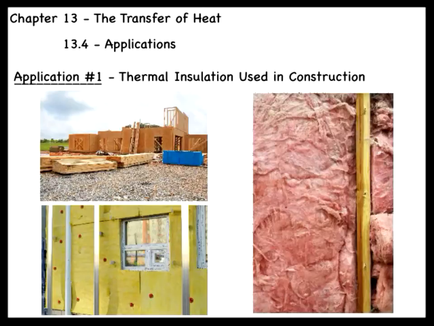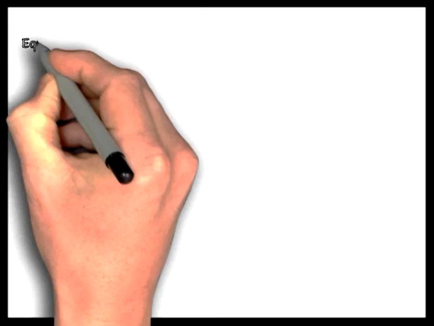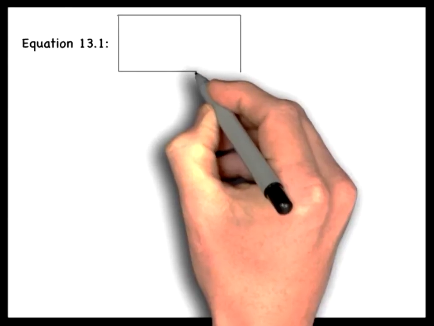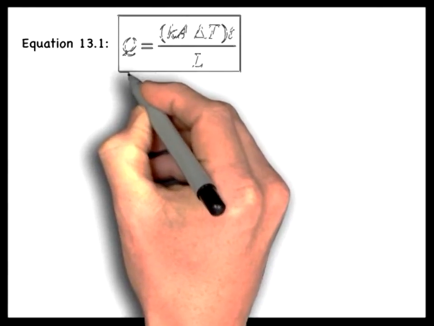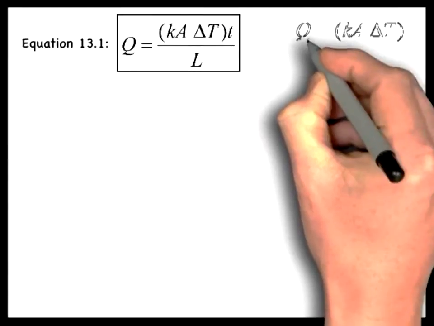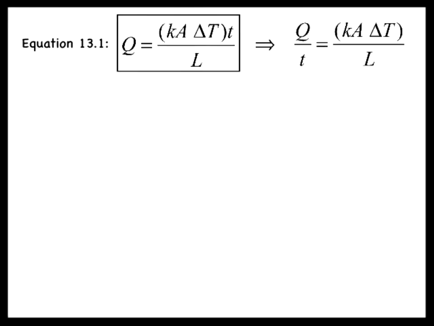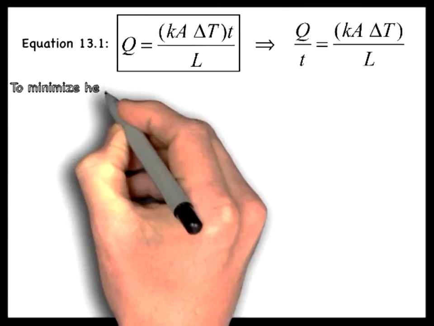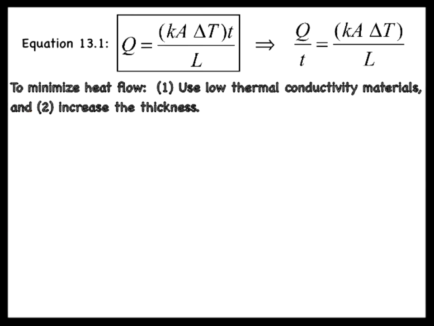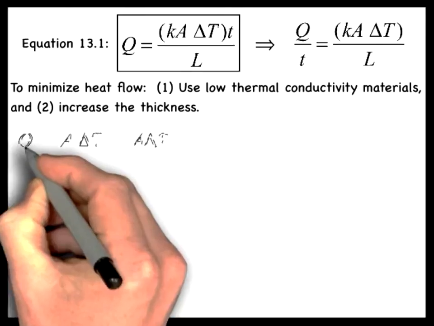The logic behind thermal insulation comes directly from equation 13.1, which shows the relationship between the heat per unit time flowing through a material of thickness L. Keeping the value of Q over T to a minimum means using materials that have small thermal conductivities K and large thicknesses L. Construction engineers, however, prefer to use equation 13.1 in the following way, where they write the thermal